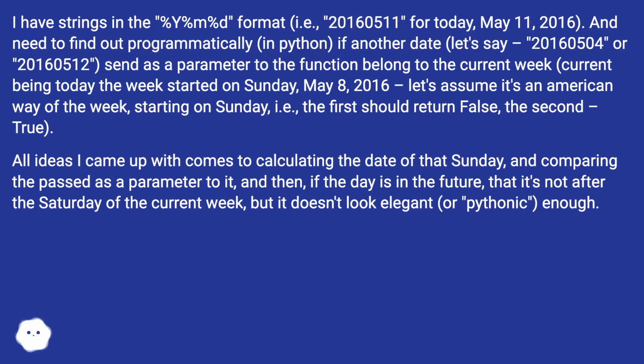And I need to find out programmatically, in Python, if another date, let's say 20160504 or 20160512, sent as a parameter to the function, belongs to the current week, current being today. The week started on Sunday, May 8, 2016. Let's assume it's the American way of the week, starting on Sunday, i.e., the first should return false, the second,